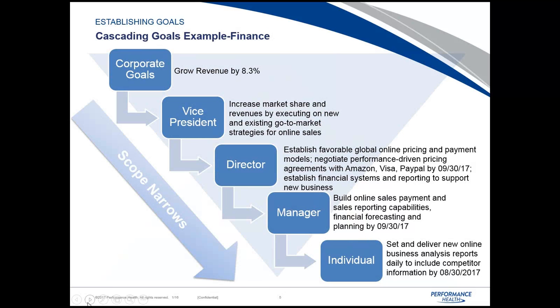So let's see how the cascading of goals may look for someone in the finance organization. Number 1, the first goal is the corporate goal of growing revenue by 8.3%. From there, the VP's goal may look something like increasing market share and revenues by executing on new and existing go-to-market strategies for online sales. This would cascade to the director, and they may have a goal of establishing favorable global online pricing and payment models, negotiating performance-driven pricing agreements with Amazon, Visa, and PayPal by September 30th, and establishing financial systems and reporting to